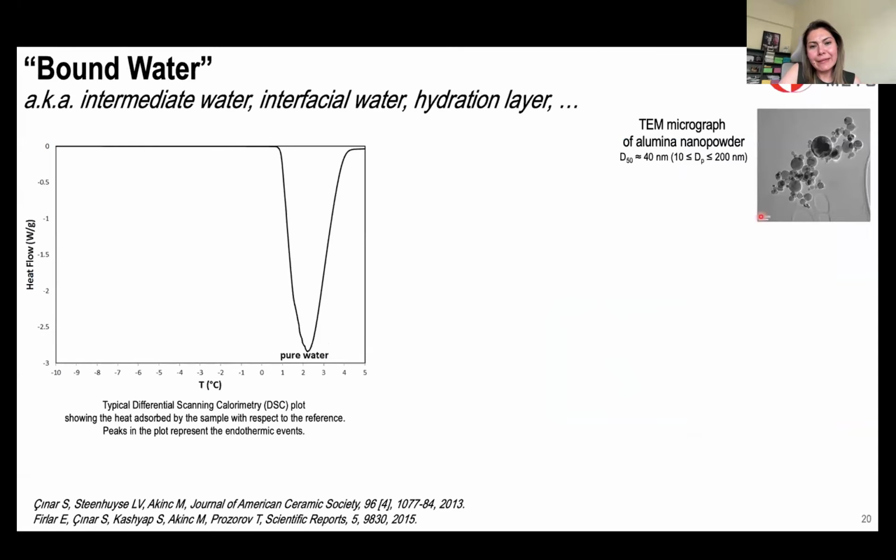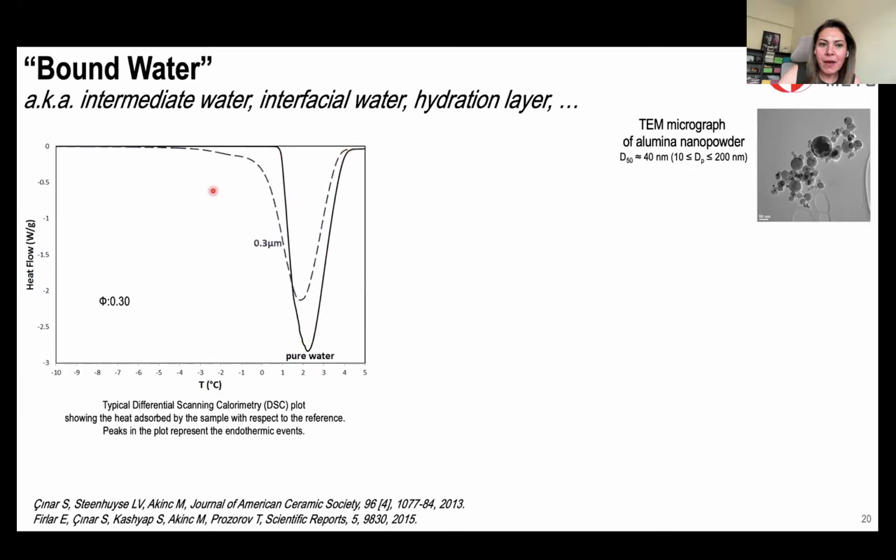My PhD work was to understand this, and I was lucky enough to have a very nice PhD student before me. They realized that the melting behavior of water changes once we add oxide particles. These are my results, just differential scanning calorimetry analysis of that water. If you have pure water, you expect it to melt around 0 degrees Celsius, a pure material with just a single-phase melting event.